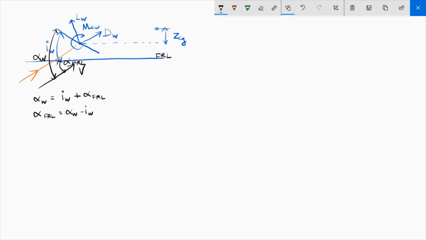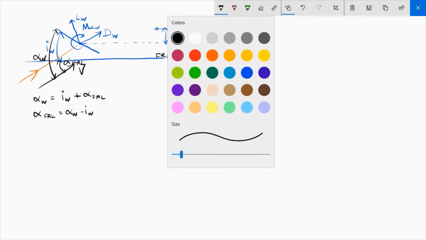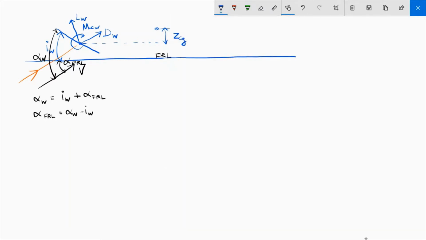Now we will sketch the tail section in a similar way. The fuselage reference line is just going to extend, and towards the end of this fuselage reference line, the tail would be mounted. So let's say that this is the mean chord of the tail, and we can identify the aerodynamic center of the tail where the resultant aerodynamic force is exerted on the tail. So let's say this is the point, the aerodynamic center of the tail,